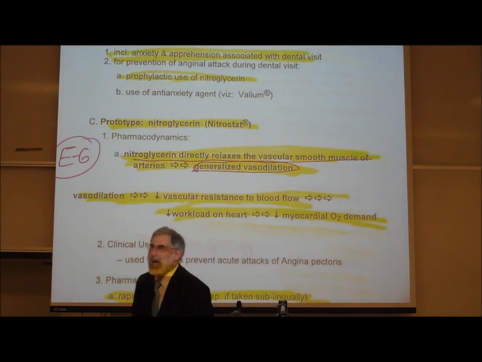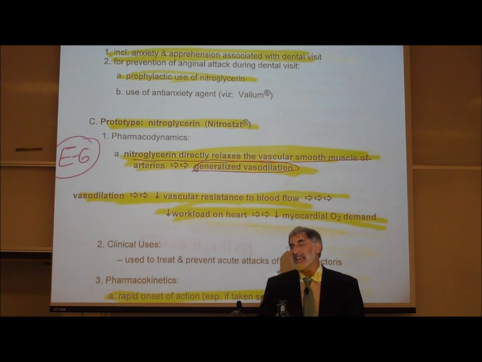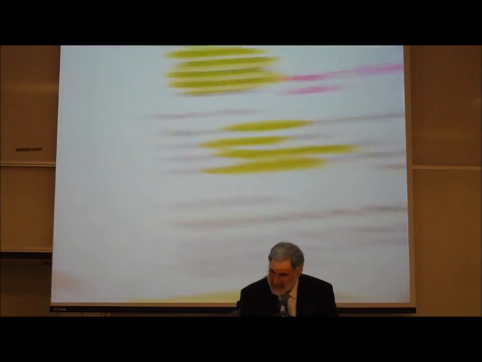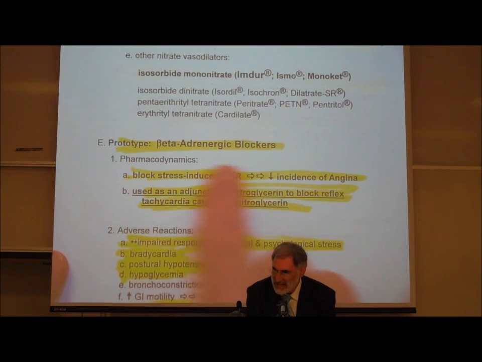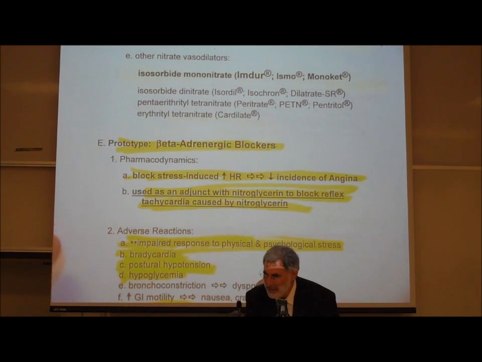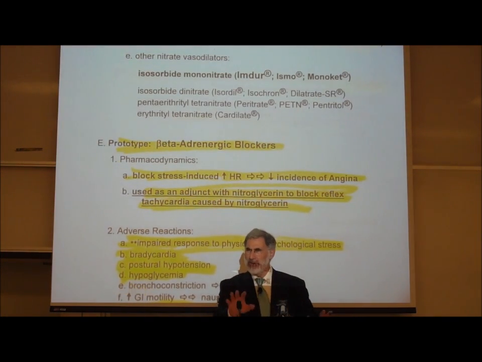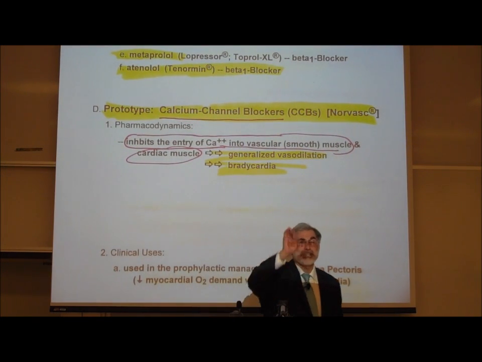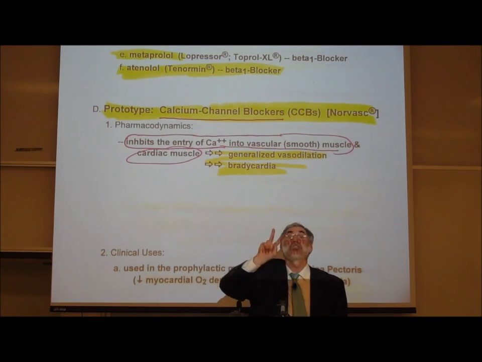But what's the big problem that taking a vasodilator like nitroglycerin has? It triggers a reflex tachycardia. So we explained on page E7 that one of the ways to prevent the reflex tachycardia was to simultaneously take a beta blocker. What does the beta blocker do? The beta blocker prevents the heart rate from speeding up, and it prevents this reflex tachycardia. So everybody okay on that? So why are calcium channel blockers so important? Because a calcium channel blocker in one drug achieves the same thing that was produced using two drugs.